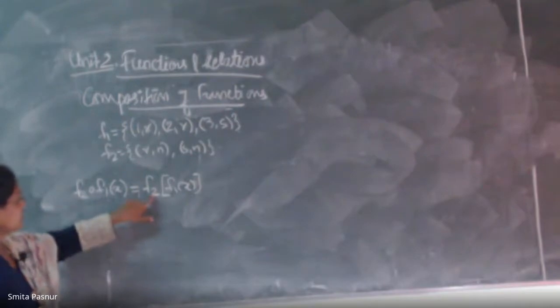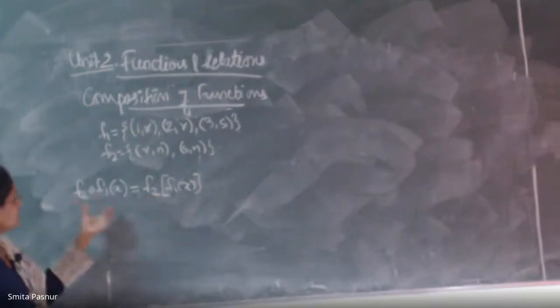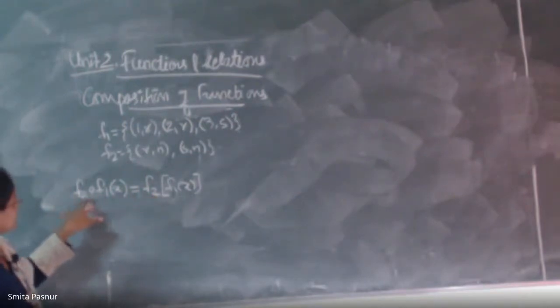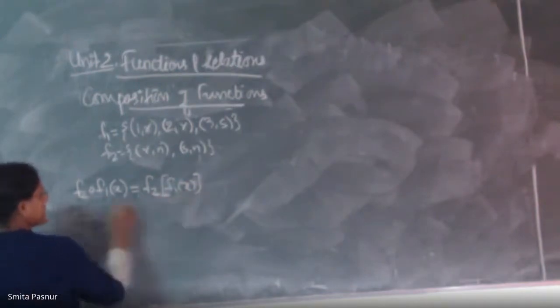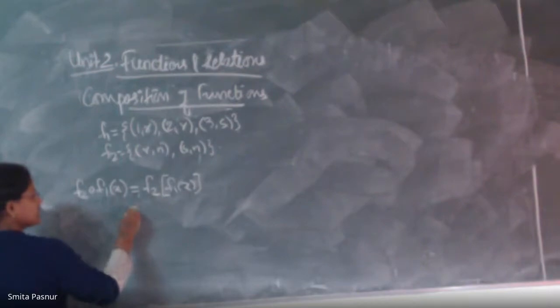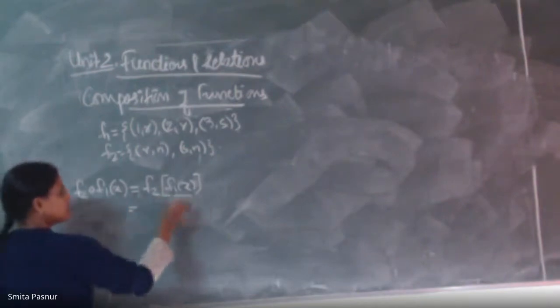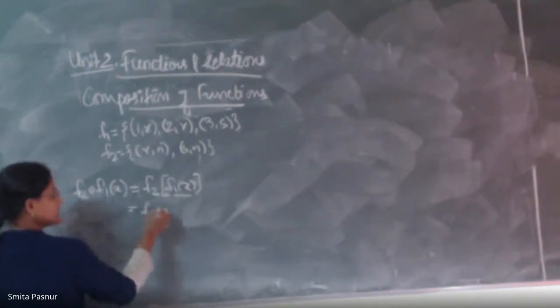So I've written here F and G was inside. Similarly, the same thing is here. F2 composition F1 is nothing but F2 will be written here and inside the bracket you have to write F1. Perfect. Now what is F? Now first to find out this, F2 will be written as it is.